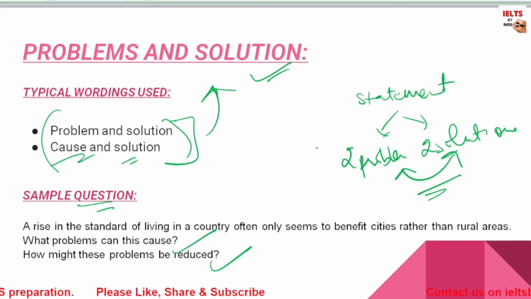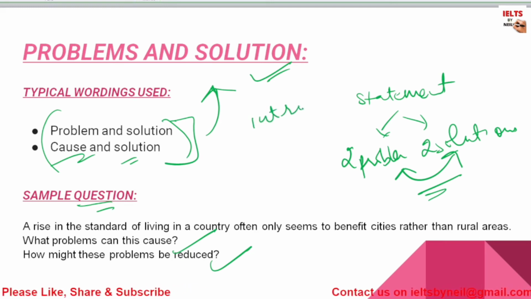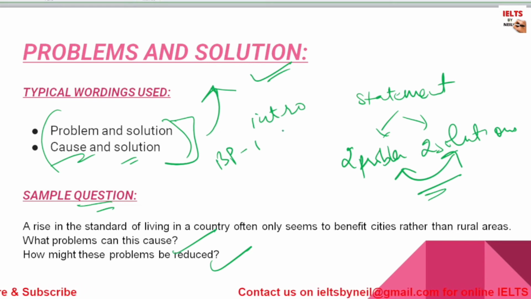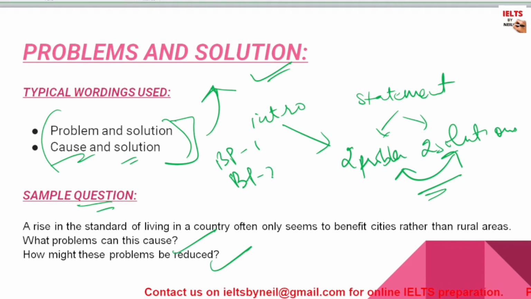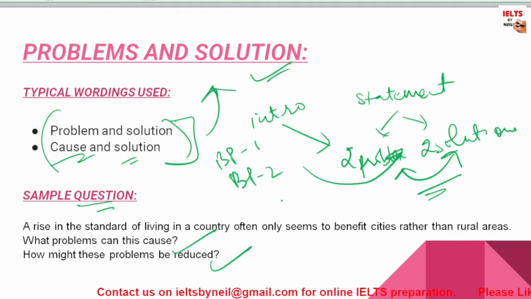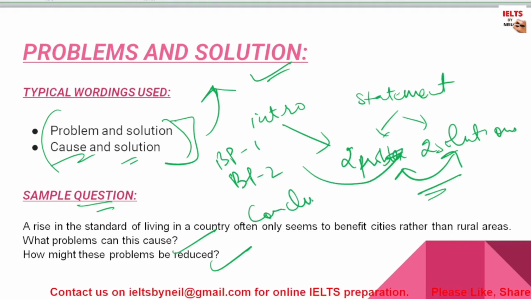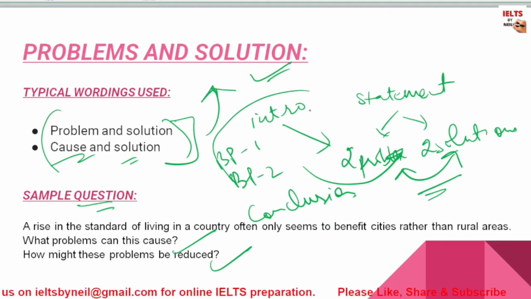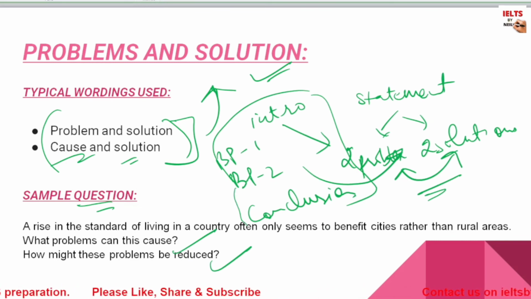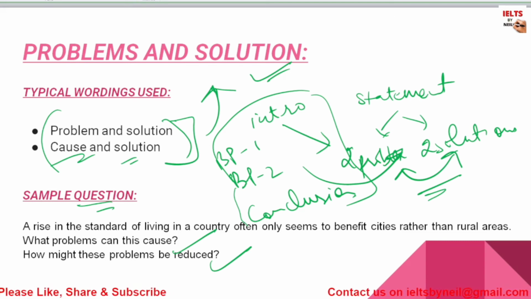Okay, so again, the structure would look like introduction. In first body paragraph would be 2 problems, second body paragraph would be 2 solutions, and then conclusion. So this is the structure for problem and solution. So this is a third type of essay which could be asked in the IELTS writing task 2. Moving on to the next one,